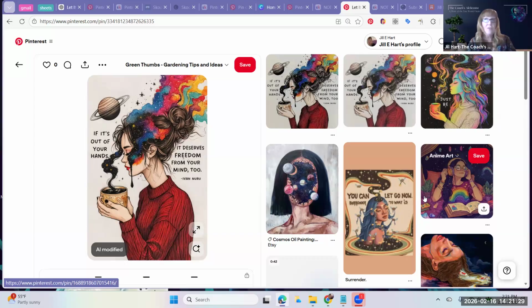There are people out there that use Pinterest specifically for marketing, and all they do is they have a variety of accounts and they only post their own content. Pinterest wasn't designed for that. I think Pinterest does reward you for using the platform in the way that the platform was intended to be used.